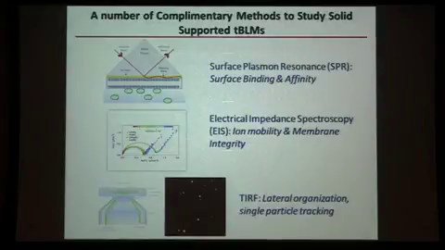There are a number of methods one can use to interrogate surfaces, and the two I was going to highlight today are surface plasmon resonance, which can give you some information about surface binding and affinity, and electrical impedance spectroscopy, which again gives you some idea of the membrane integrity because it measures ion mobility across the membrane. There are other possible kinds of measurements like AFM or TIRF. TIRF's a fluorescent measurement where you can look at tracking particles like lipids, that can give you some idea of the fluidity of the membrane or the movement of the protein, but